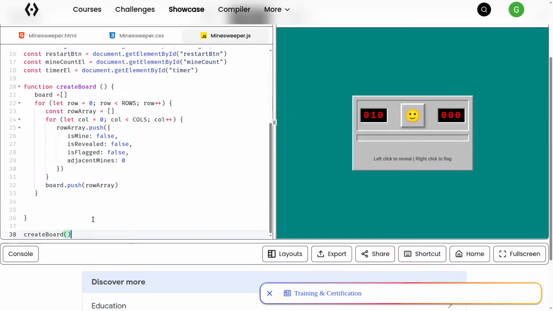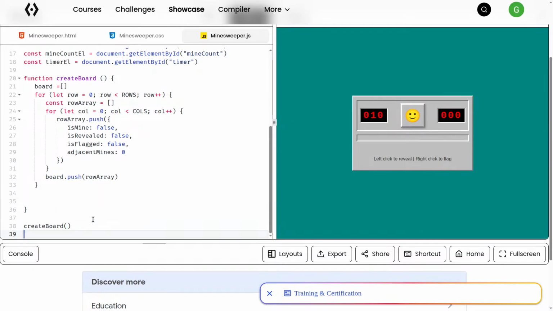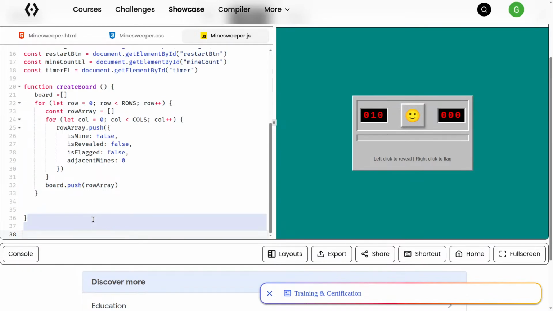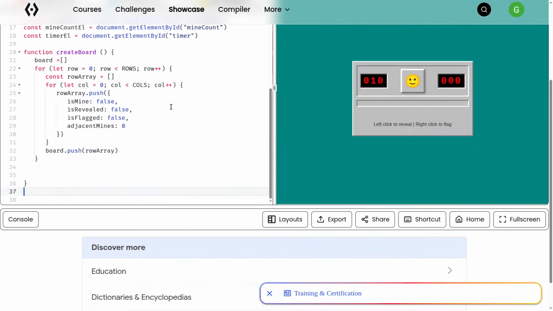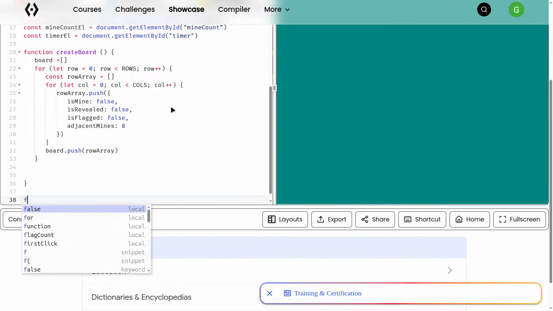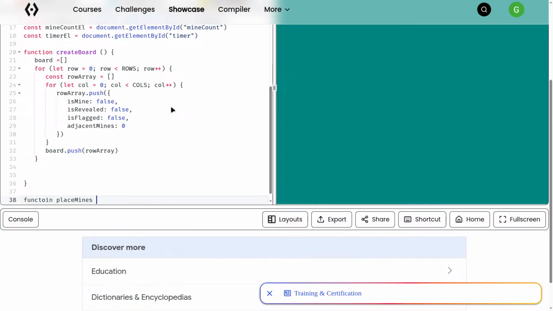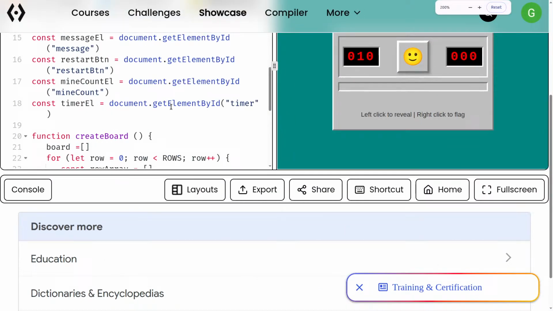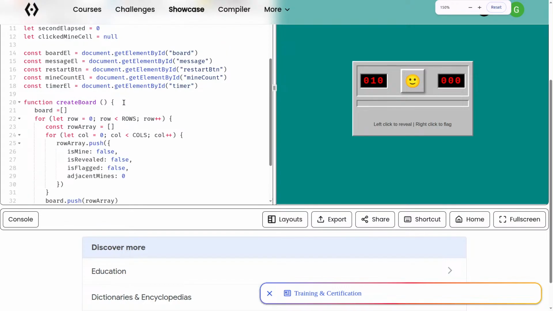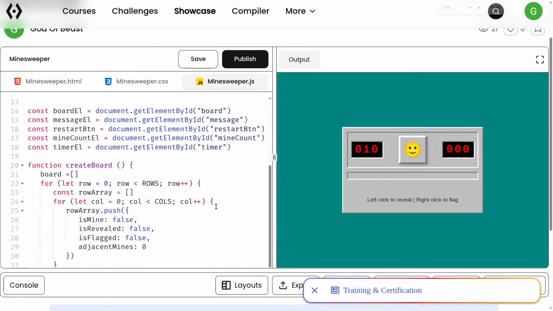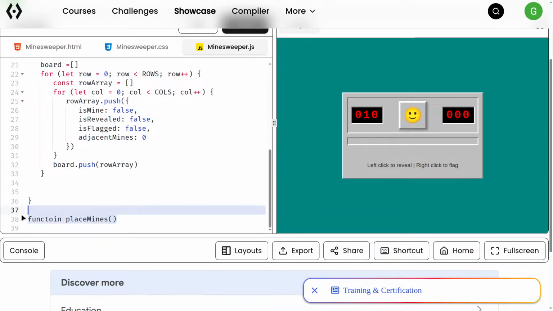Next function we have to create is place mines. So we'll do function place mines. I messed up the spelling of function on the first try. That's not great. So we'll do function place mines,